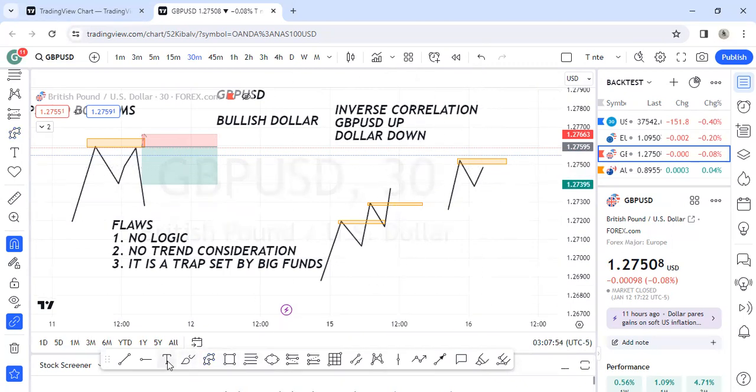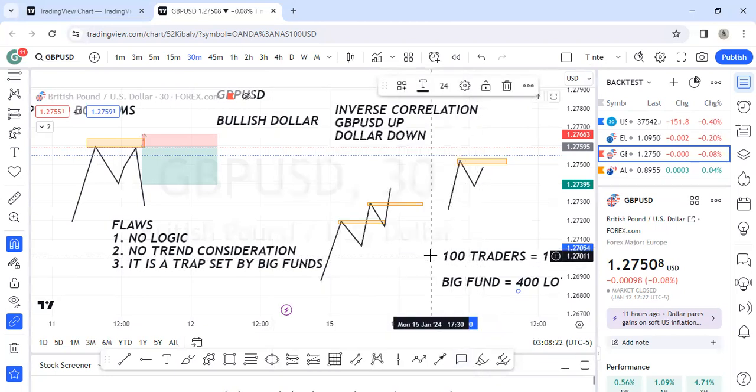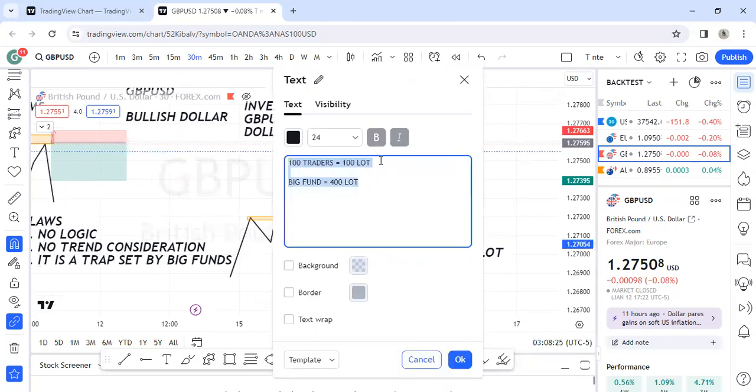If you are in a trade now, and maybe there are 100 retail traders, and their total lot is, let's say, 1 lot per person, they have a total of 100 lots. And then one big organization, one big fund, can drop as much as 500 lots or 400 lots. So if we're in a trade now and the people with 100 lots are on a sell, and the people with 400 lots are on a buy,